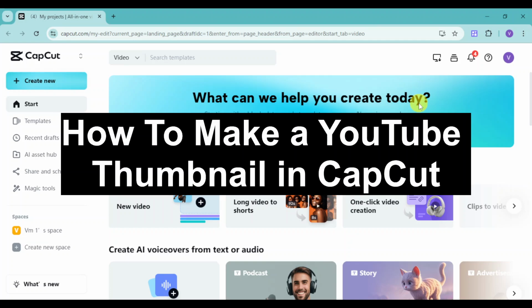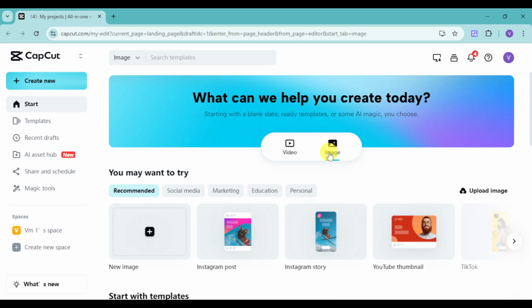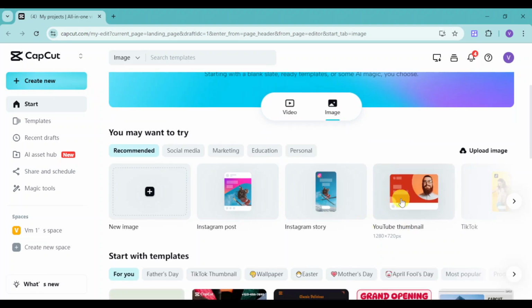In this video, I will show you how to make a YouTube thumbnail in CapCut. Now, in order to do that, head over to CapCut.com and then click onto this image option right here. Doing that, you can see in here this "you may want to try" section, and in here we can see the YouTube thumbnail. Just click on that right here and then it will open in a new tab